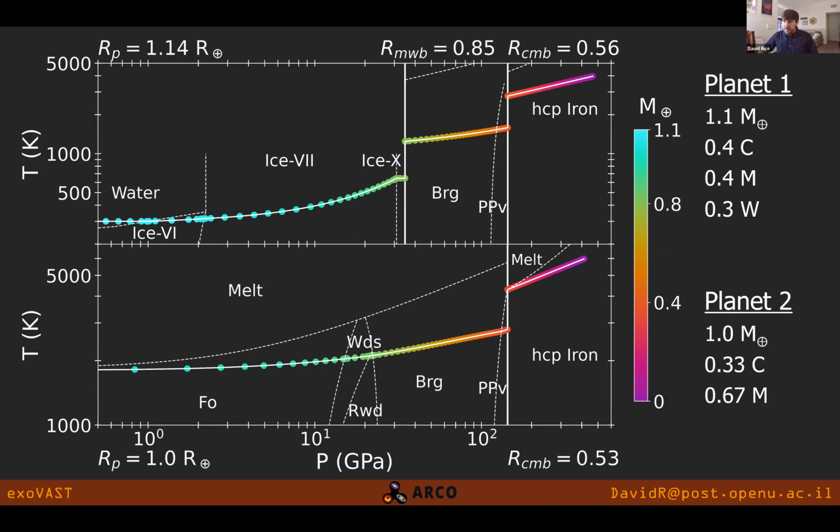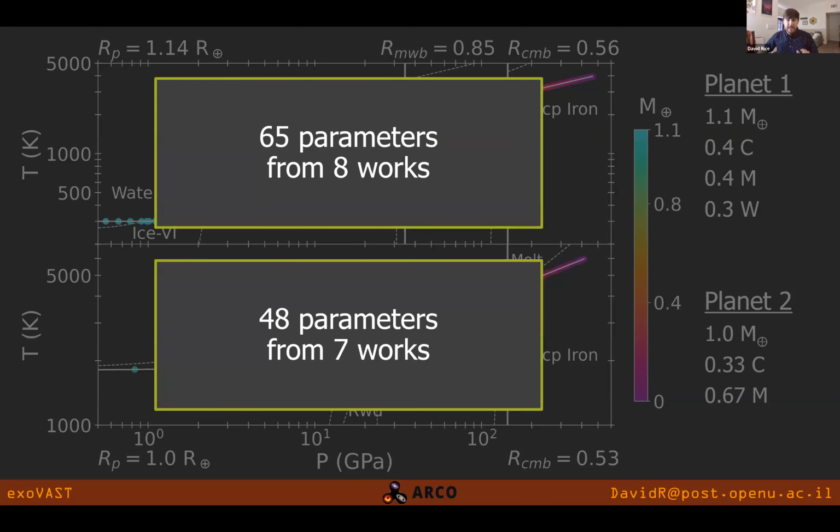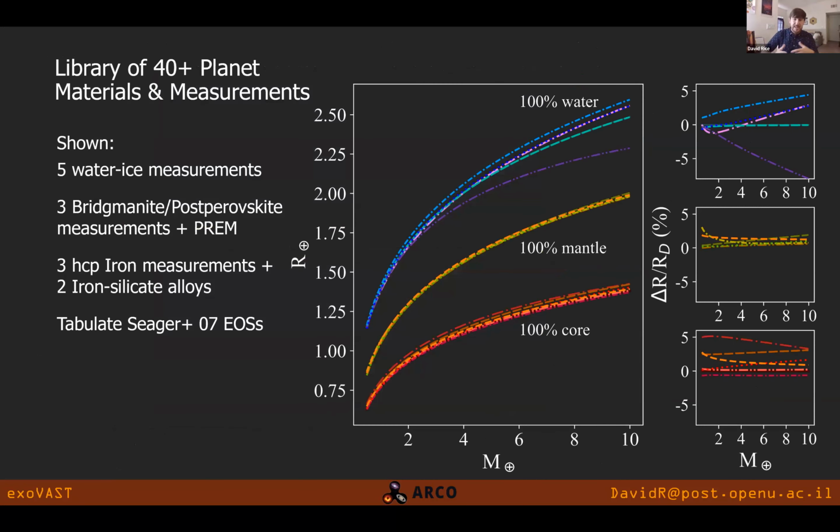And with all of these materials, what we want to show is just how many parameters go into these works. The top planet has 65 parameters from 8 different works, describing how these materials respond to pressure and temperature, their phase, and the transitions between the different materials. The bottom has 48 parameters from 7 different works. So in MAGRATHEA, we created a library of all these planet materials and measurements for different materials. So we can recreate the planets from Seager 2007, or you can use the most up-to-date physics and geology